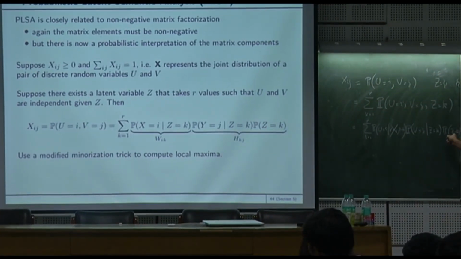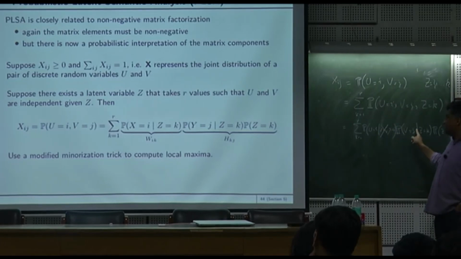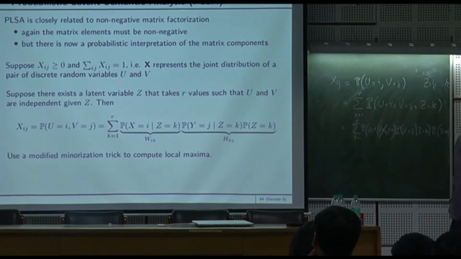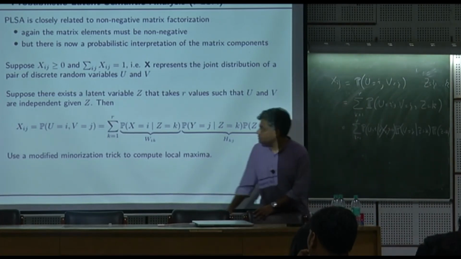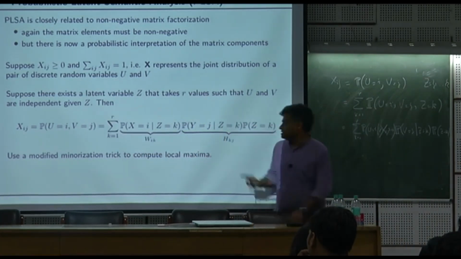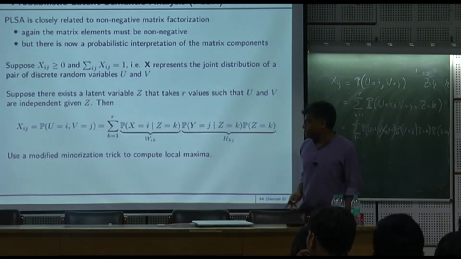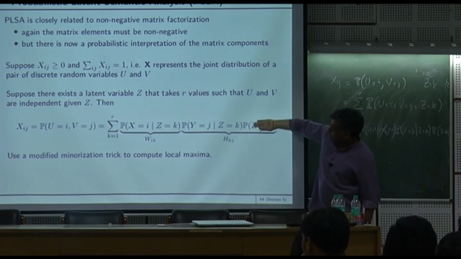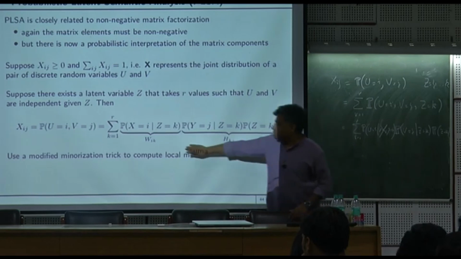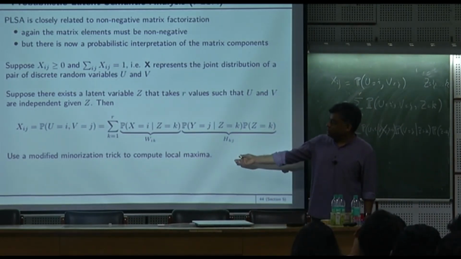If I know the value of z, giving me the extra value of v is not going to be useful, because u and v are independent given z. Then I can write the structure in this way. What happened? How did x show up here? U and v, x and y are the same things. So x equals u equals i, v equals j, and you're conditioning that on z equals k. So call this matrix hkj, call this matrix wik, and now you have a non-negative matrix